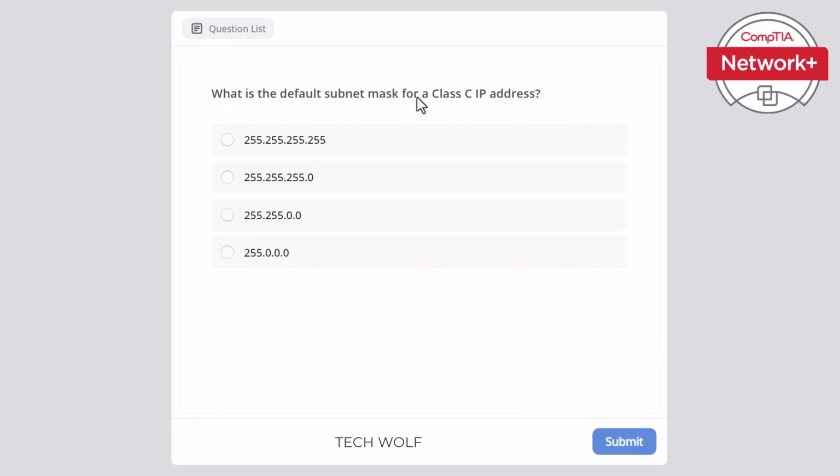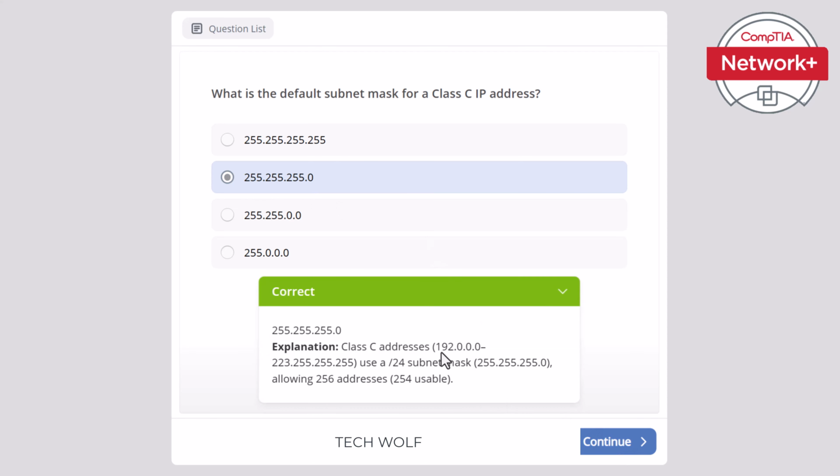What is the default subnet mask for a Class C IP address? 255.255.255.255, 255.255.255.0, 255.255.0.0, or 255.0.0.0? So, which is the default subnet mask for a Class C IP address? And here the correct answer is 255.255.255.0. And Class C addresses, which start with